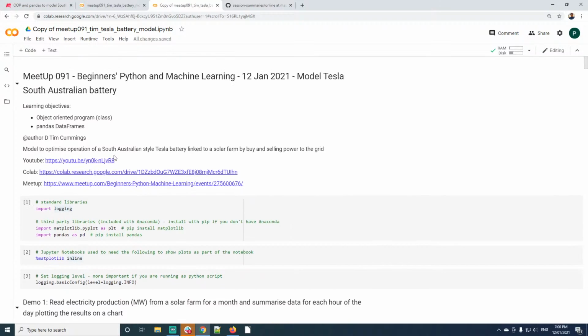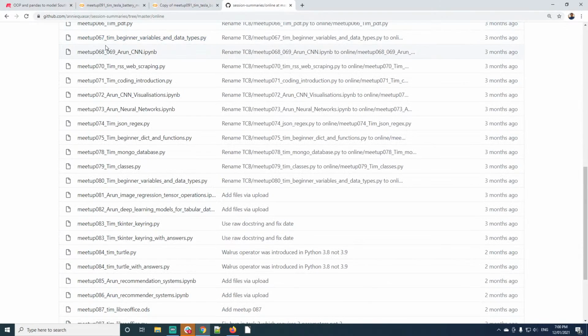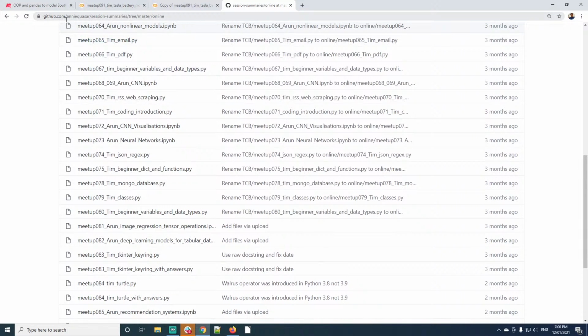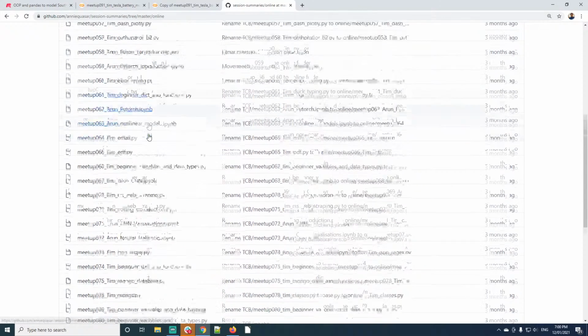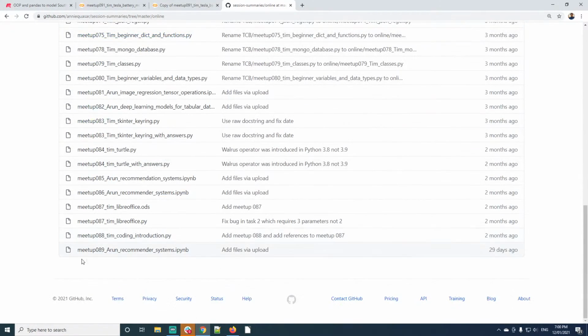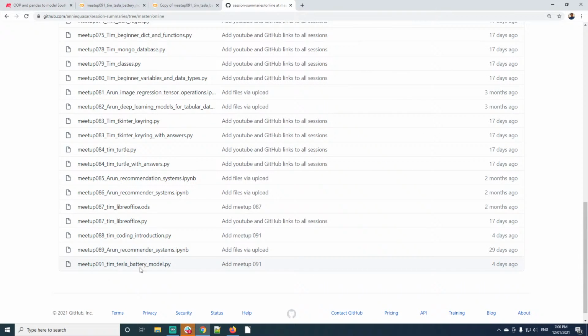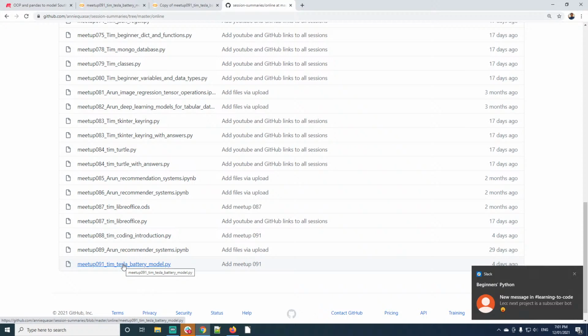There's no link there, but anyway, there's the URL, github.com/session-summaries, and we're in the online folder at the moment because these are all the ones we've been doing online, and it hasn't arrived yet, so let's refresh. There it is, Tim Tesla battery model, and this is a Python file, so it's slightly different to the Google Colab. But if you're wanting to see how to run this stuff as a Python,